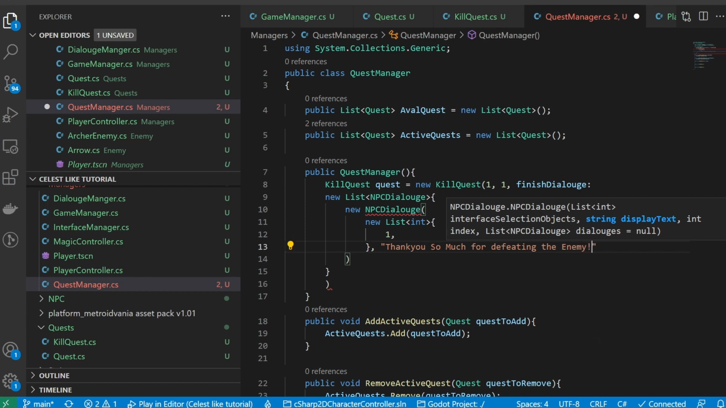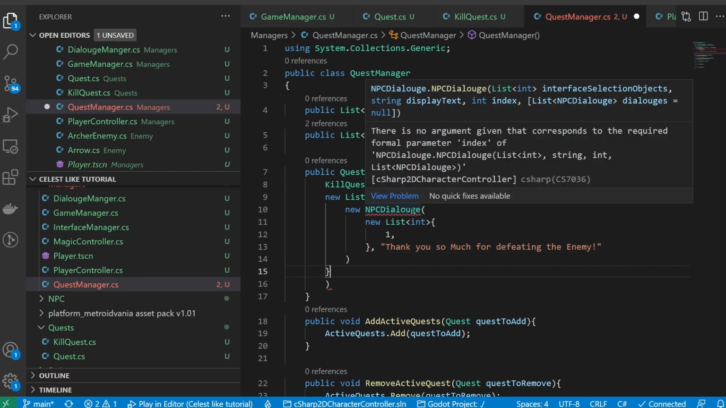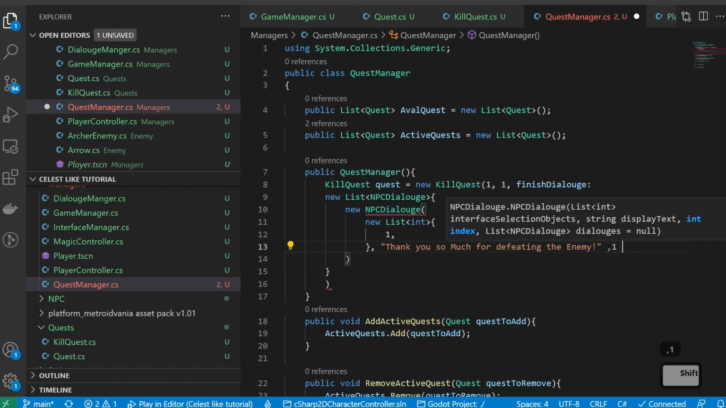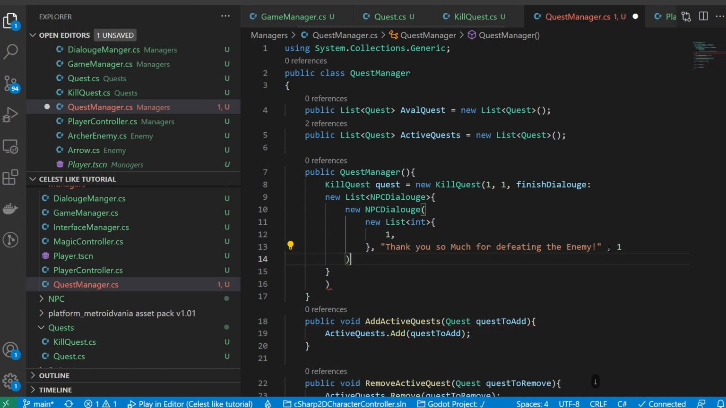And I know, like I said, this seems kind of crazy, but trust me, it's pretty simple once you understand how it works. And it looks like I might be missing interface selection object, display text. I need my int index and my list of dialogues. So we'll say comma 1, close that parenthesis there. Actually, I think I already have it closed. Yeah, I do. So we'll say comma,